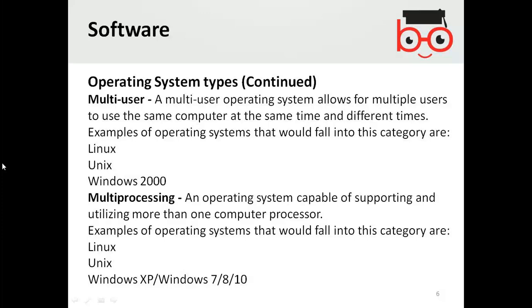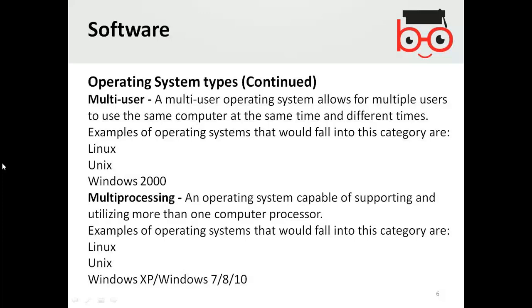So a multi-user login means one server is allowing multiple users to access their files and data. The type of operating system which allows multiple users is called a multi-user operating system.